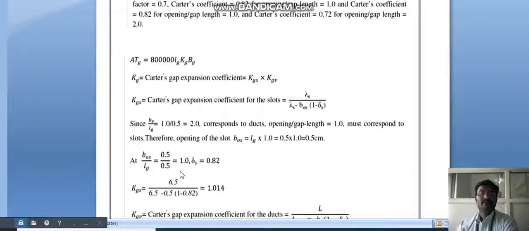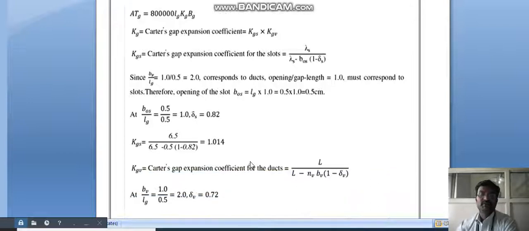So Bos by Lg is 0.5 by 0.5, which gives 1, and del s is equal to 0.82. Kgs is equal to 6.5 divided by 6.5 minus 0.5 into 1, times 1 minus 0.82. The value of Kgs is equal to 1.014, and now we are going to find the value